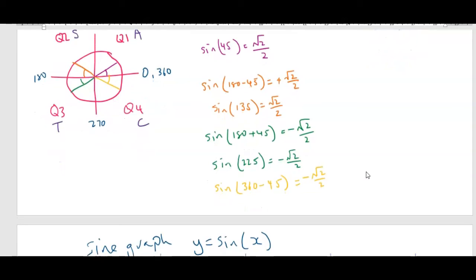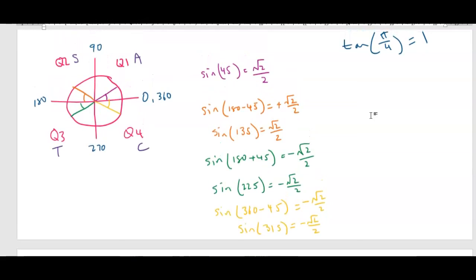And I just have enough space down the bottom to write that angle. So 360 minus 45 is 315, is negative root 2 on 2. Now you can write the associated radian. Okay, so let's just quickly do that over here. Sine, I've already done sine of pi on 4. So sine 135 is equal to, now you can,